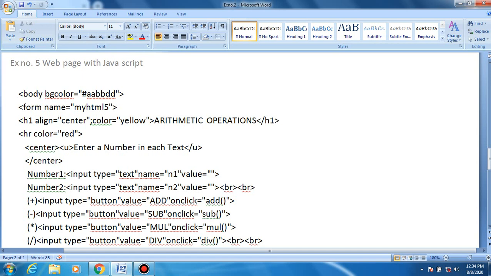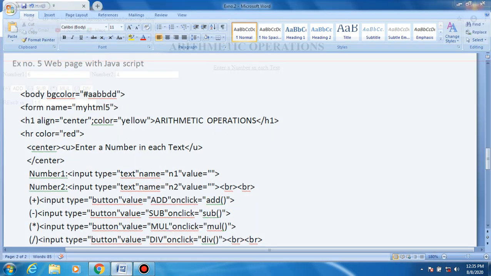Then we define the color and the size. Here we define the background color. We give the background color name. We may give red, blue, green, or we may write a color code. Then we write this heading, arithmetic operations. It is a bold letter.